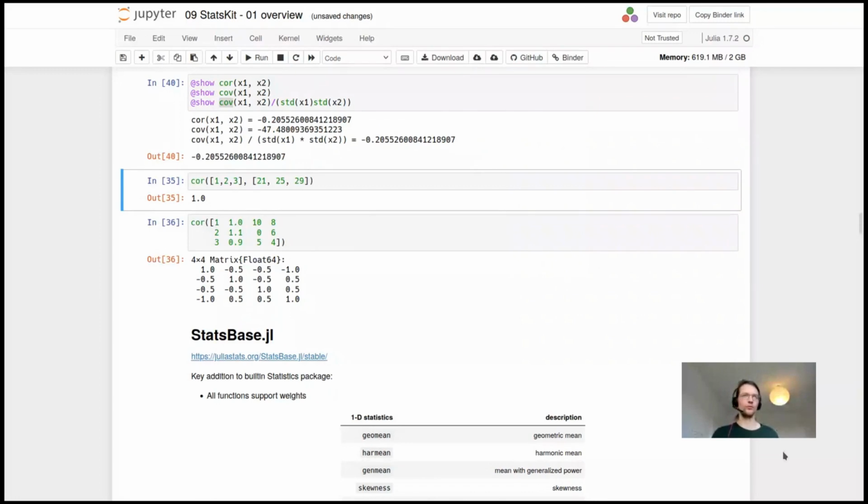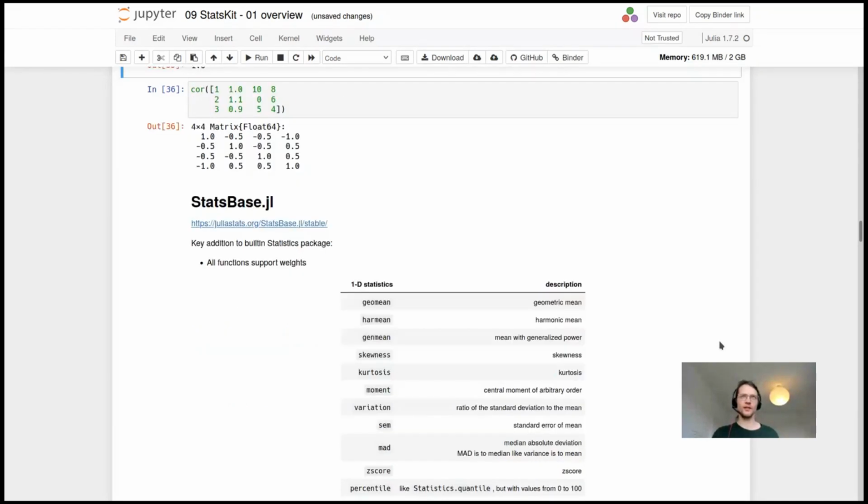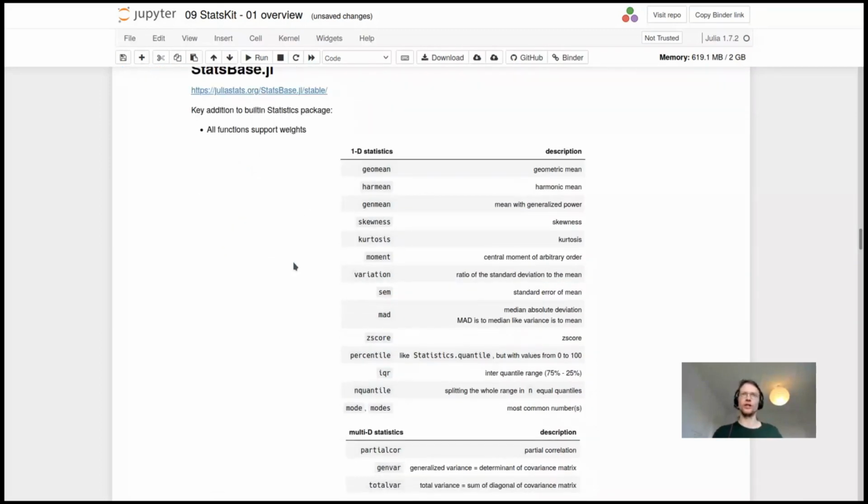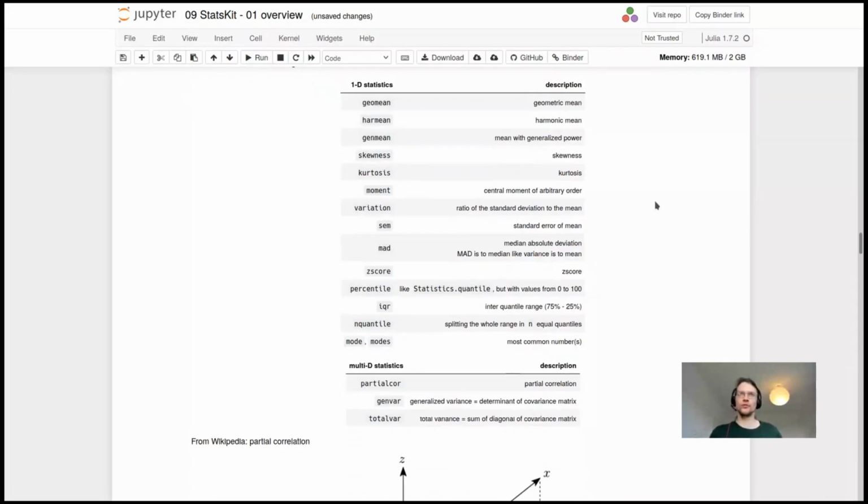So that was the first package built in. With every Julia, Statistics ships with it. And the next layer on top of this is StatsBase. And this provides a fuller set of standard tools, standard functionalities. And as you will see, it also integrates well with the built-in, so that there's no clash, but everything is reused that can be reused. So again, the little tables, there's much more in here now, as you will see. So we have geometric mean, harmonic mean, a generalized mean where you can say to which power you want to take it,